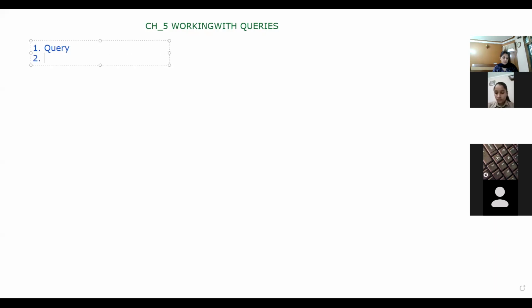Second, in a query, the dash property is used to set the condition on the basis of which the records are filtered. Parameter. So when you have to set the conditions, जब आप conditions लगाते हैं so that your records can be filtered, आप किस field के ऊपर किस property में you are able to set the conditions? Criteria. Yes, that is the criteria property.